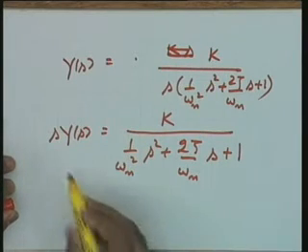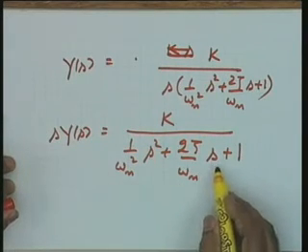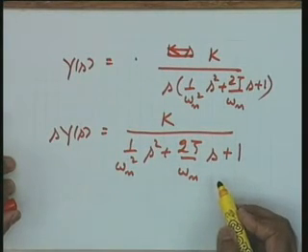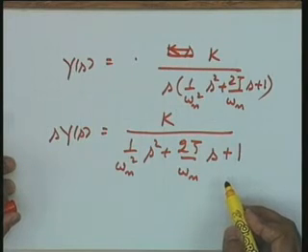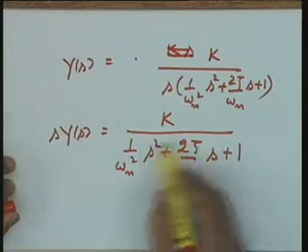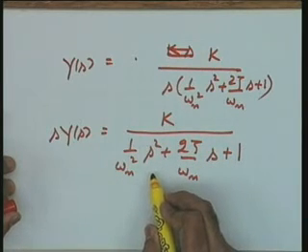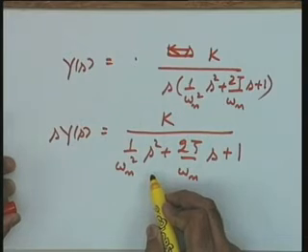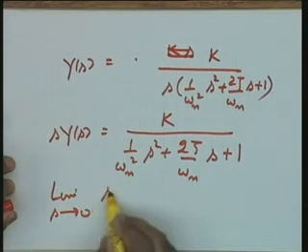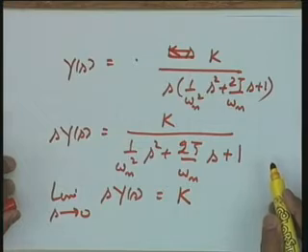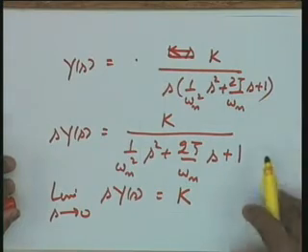So, in this particular case, as you see, as s tends to 0, the poles of this should not be in the right half plane. This is the only condition of getting the value of K as the final value or steady state value. So, if I assume that the values of omega n and zeta are such that the roots of this equation are in the left half of the s plane, the final value theorem is applicable, and the limit as s tends to 0 of sY(s) becomes equal to K, the system gain of the system under consideration. Okay.